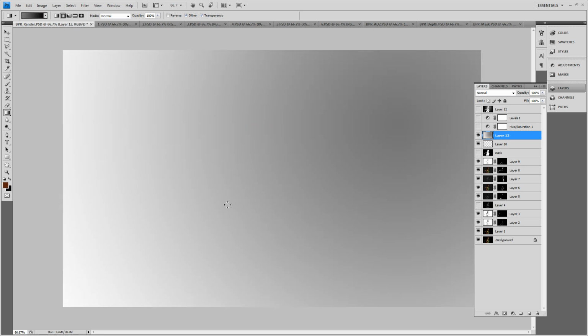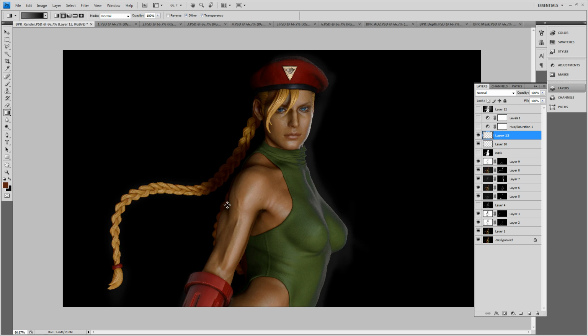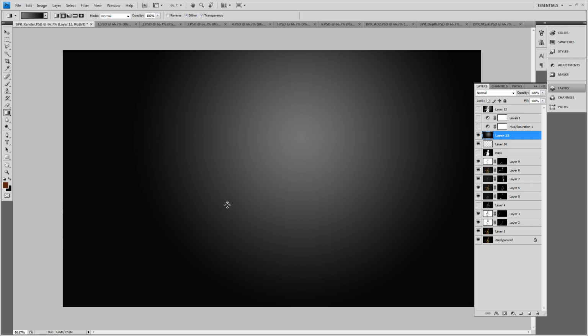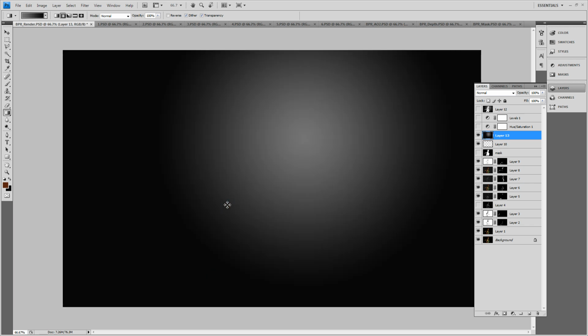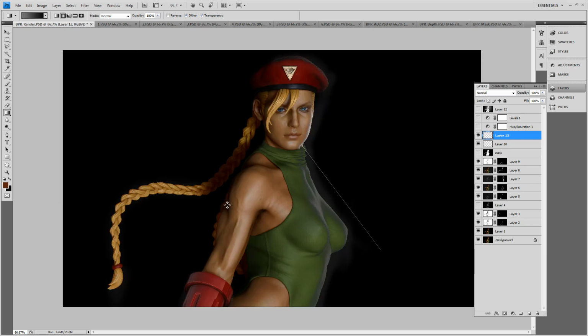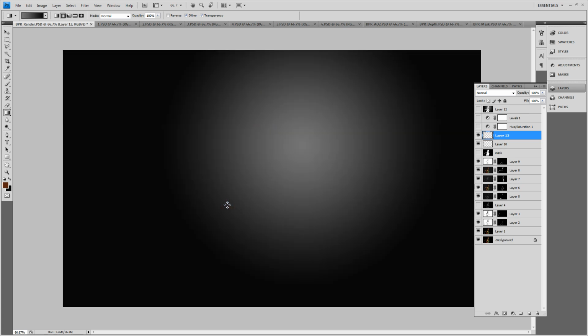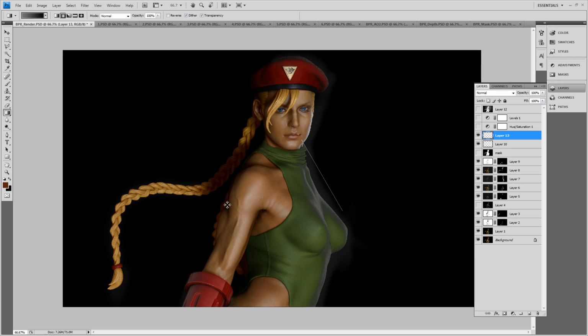This is what I usually do. Select the color from here. I have gray to black because I don't want white to black. It's too contrasty for me. So if this is the feeling that I want, I want this to shine a little bit from the head. Okay, so if that's the feeling that I want,